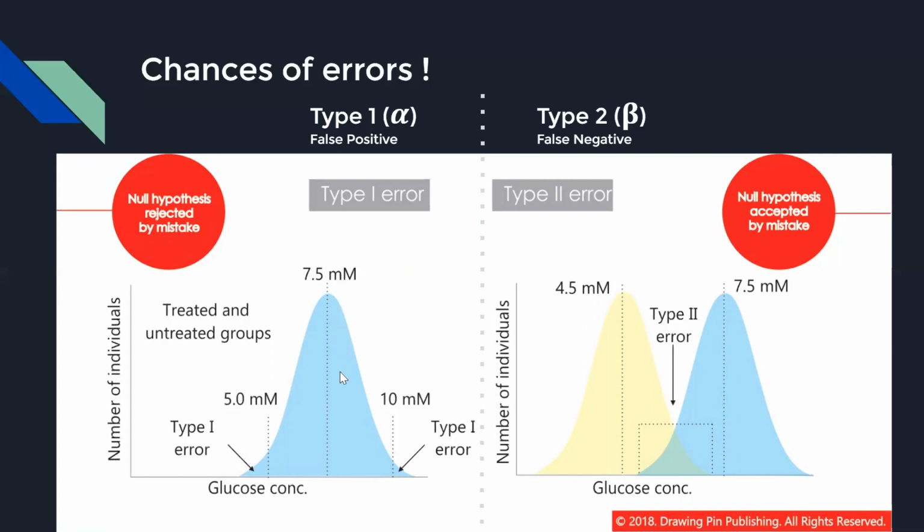So in the first case, if your animal or experimental group did not represent the complete population, but animals belong to some of the extremes,